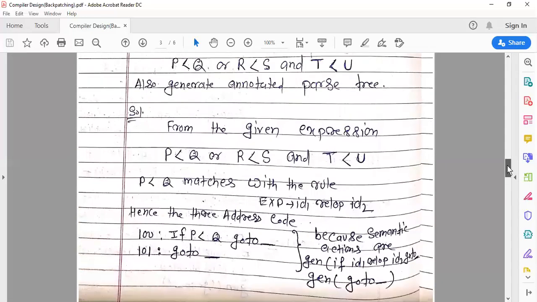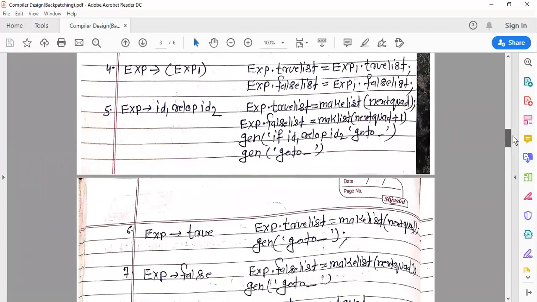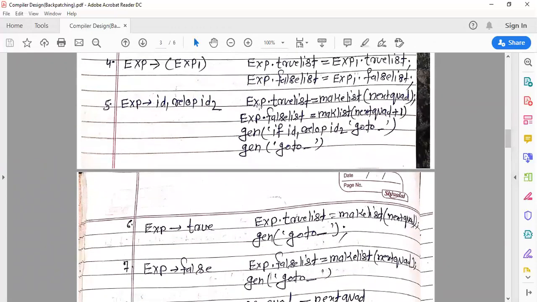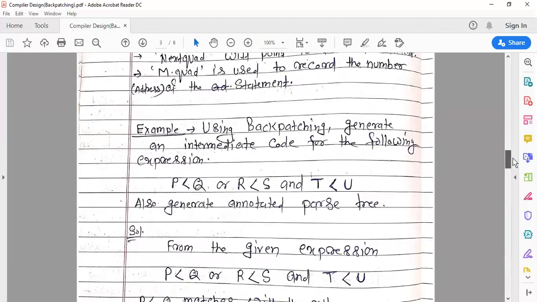And you can see here, this is the exp.truelist. We have two lists: exp.truelist and exp.falselist. So what is the meaning of exp.truelist and exp.falselist?